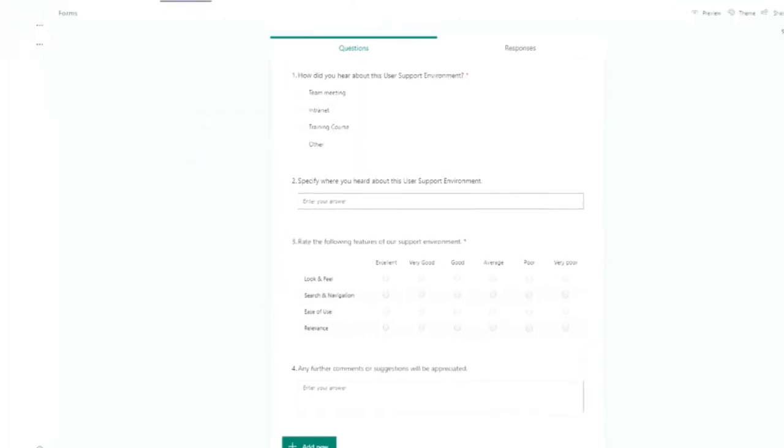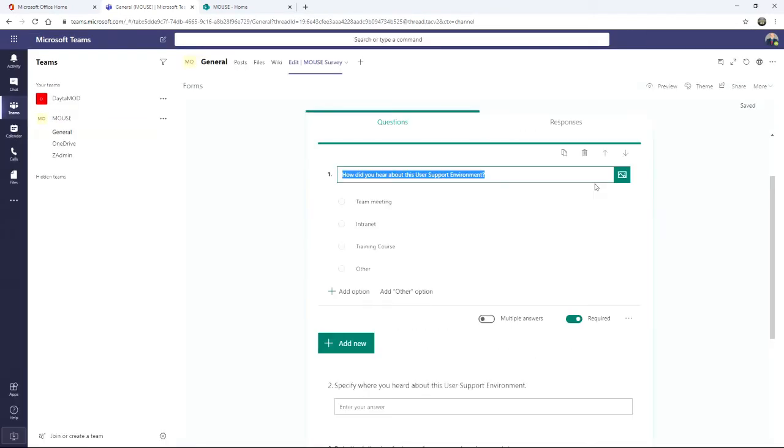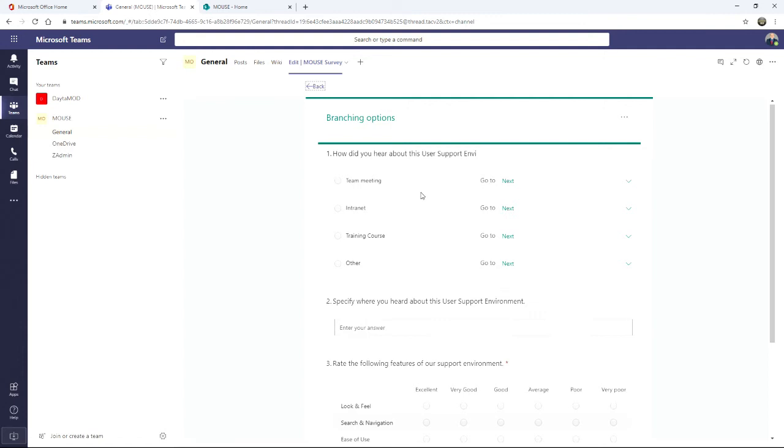Now to do that, what they've done in Forms now is you click inside a question. If you go to the ellipsis inside the question, you can now look at changing to branching. So what that does, it now says, okay, with this you can choose which question each of these options jump to. Can't do it with text boxes naturally because we have no idea how to capture something we don't know they've typed in. But here what I can do, well, these are preset answers, so I'm going to say with these first 3, go to the rate the following,